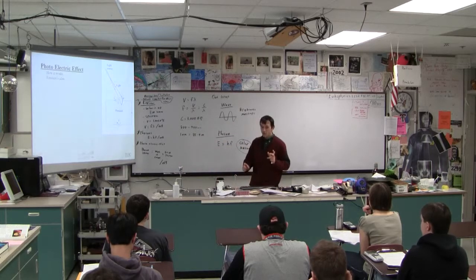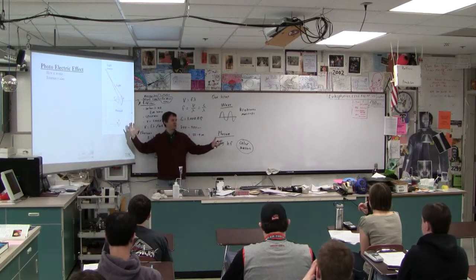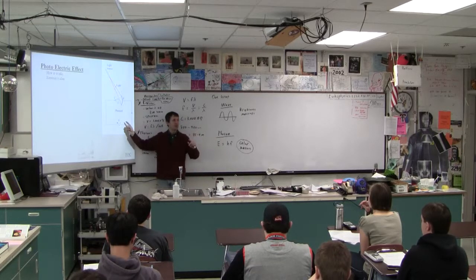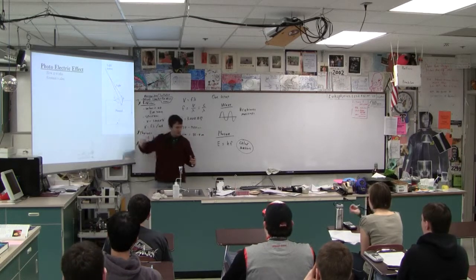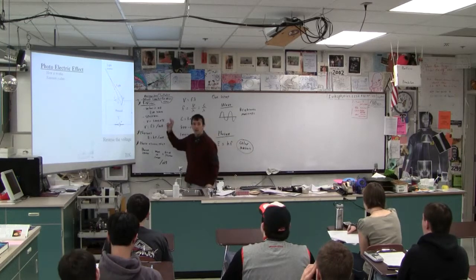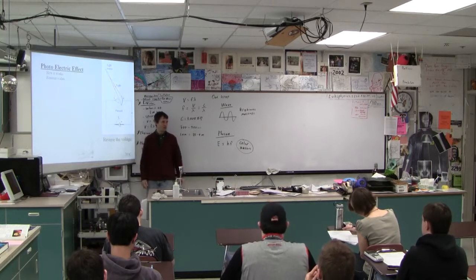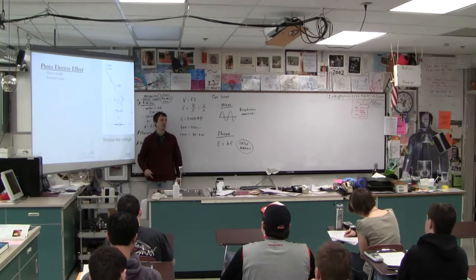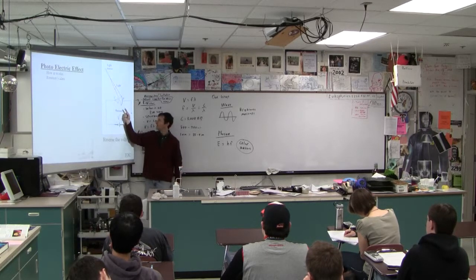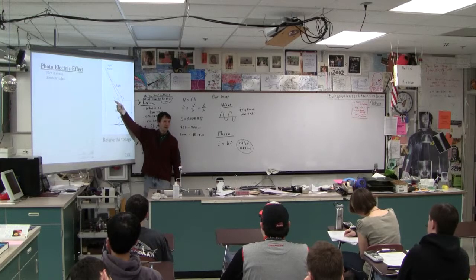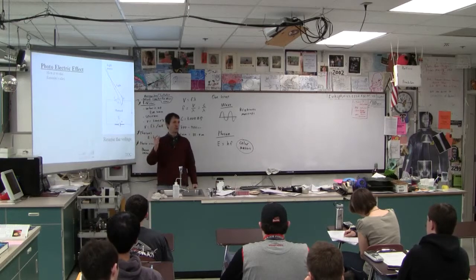Okay, now, here's what Einstein said, okay? And this is what you must understand. In fact, this is the first question on the test. It says, how do you, using this apparatus, determine the energy of the photoelectrons, the ejected electrons, okay? So what Einstein said is, look, take a photocell and reverse the voltage. Reverse the voltage so that you're not helping the electrons go across, you are preventing them. Now, does this mean that no electrons can get across if you make it so that they're heading toward a negatively charged thing? Well, doesn't it depend on the voltage? Couldn't there be a sufficiently small voltage that the electrons could coast